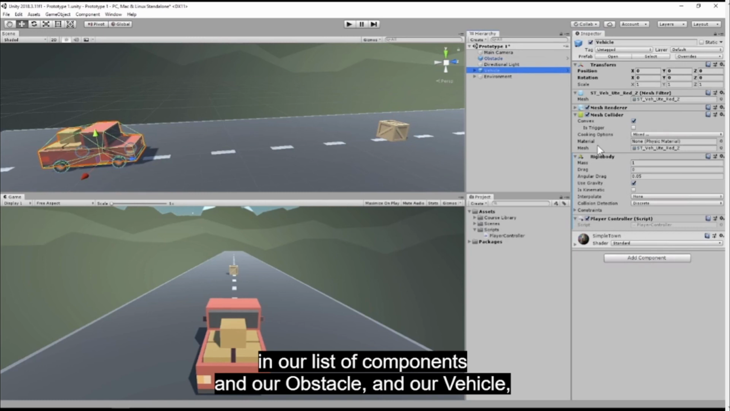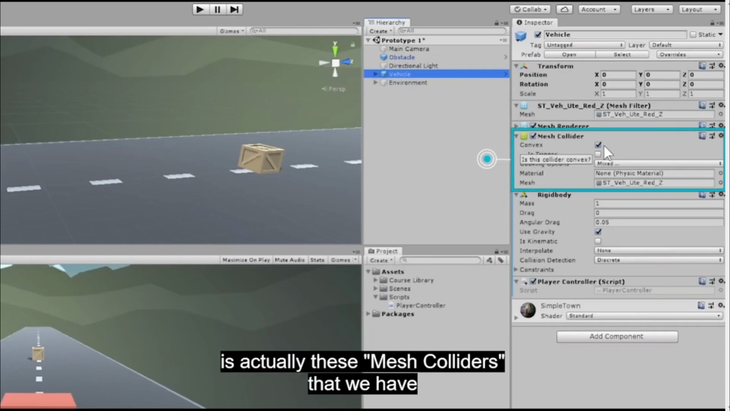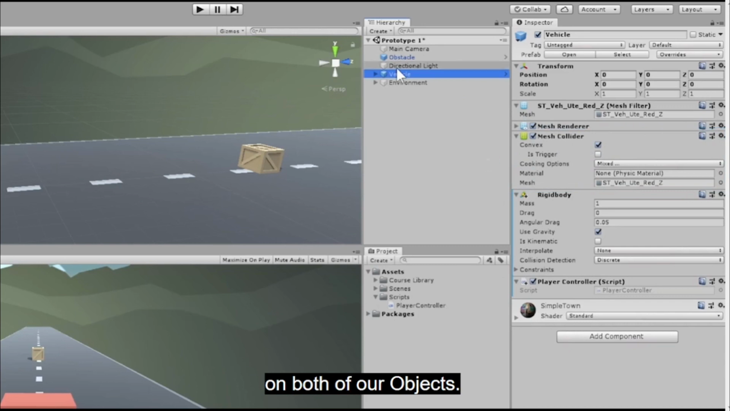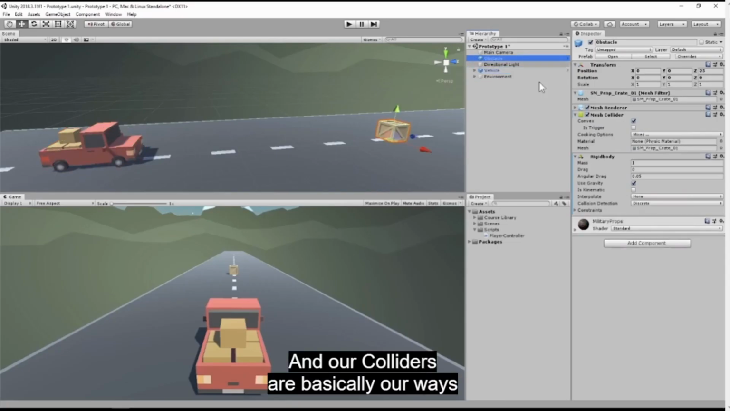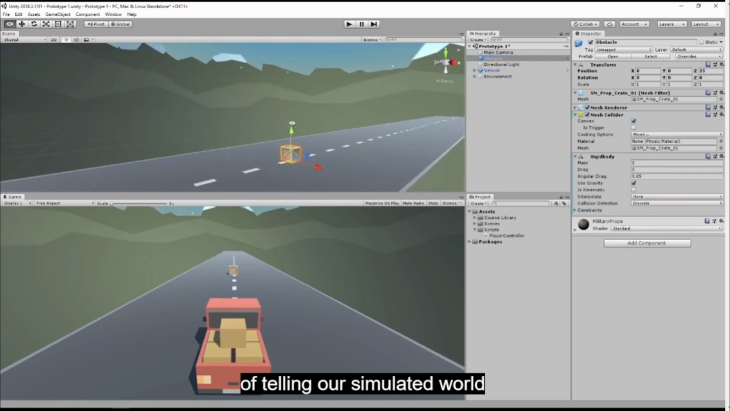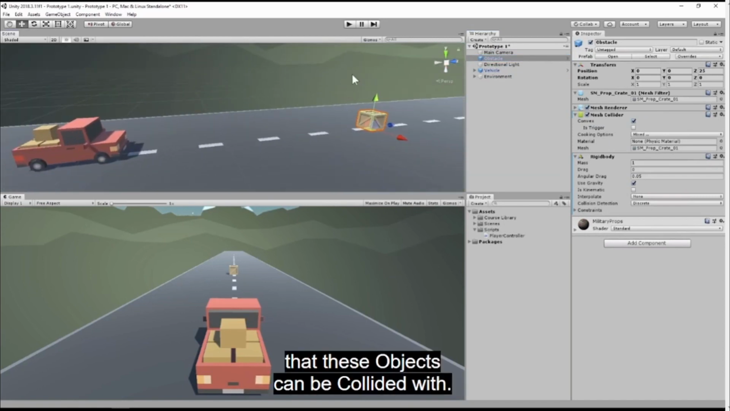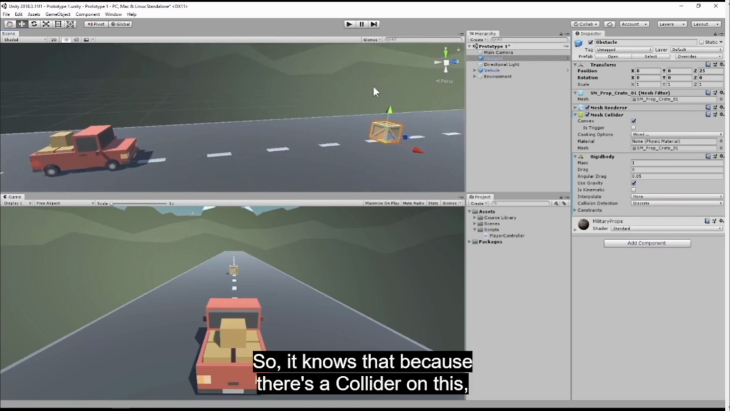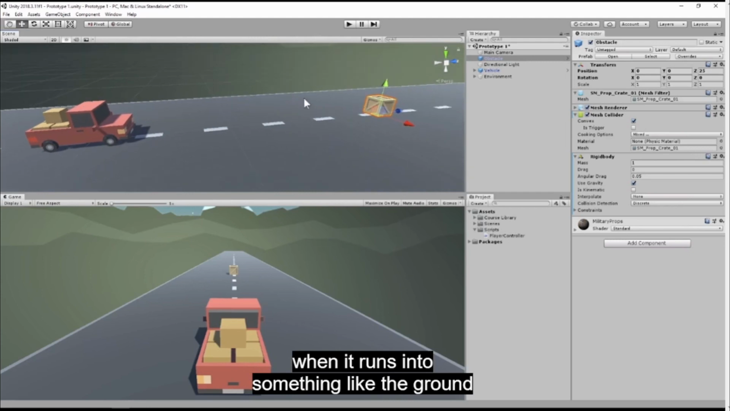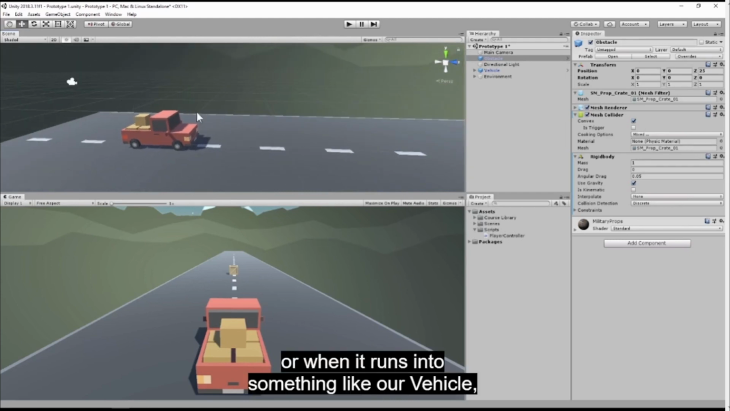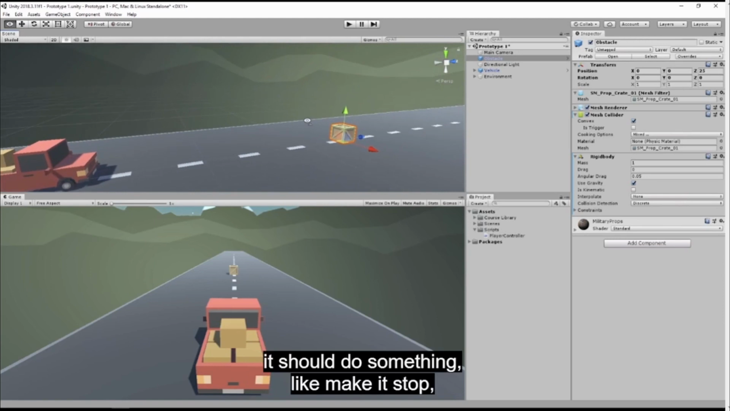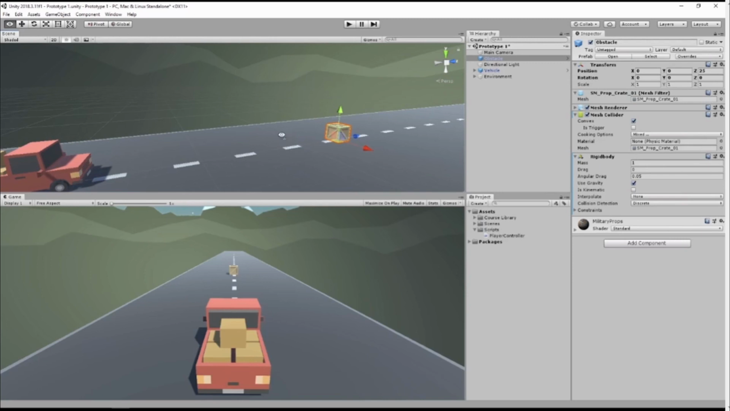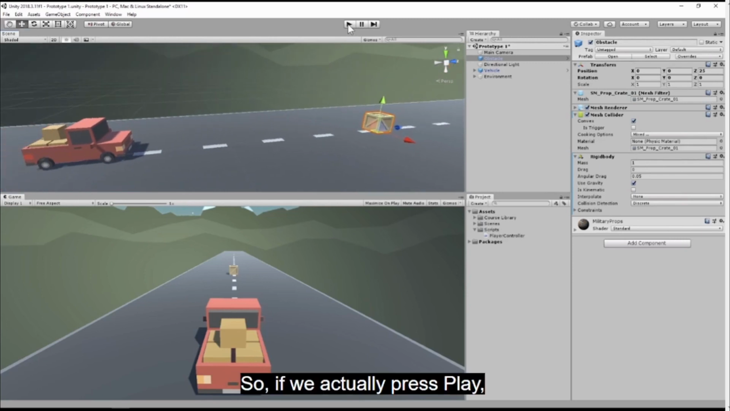And then one other important component to note in our list of components in our obstacle and our vehicle is actually these mesh colliders that we have on both of our objects. And our colliders are basically our ways of telling our simulated world that these objects can be collided with. So it knows that because there's a collider on this, when it runs into something like the ground or when it runs into something like our vehicle, it should do something like make it stop because we have a rigid body on it. So if we actually press play,